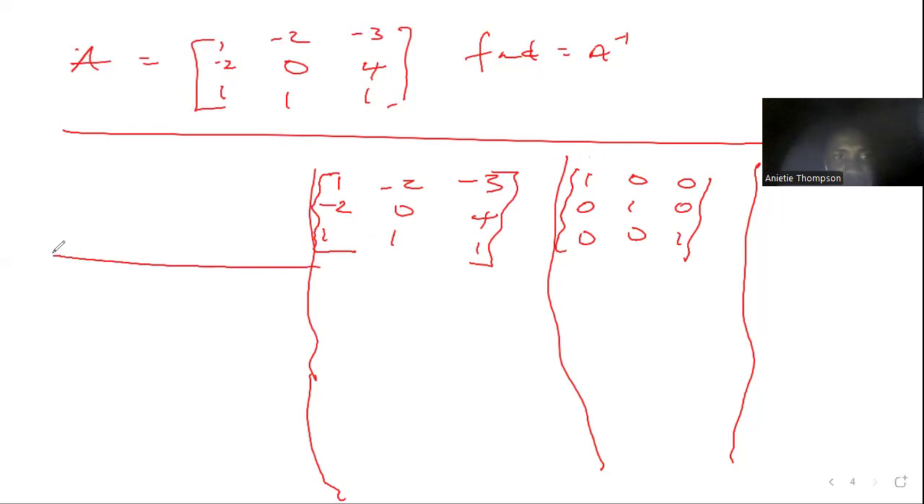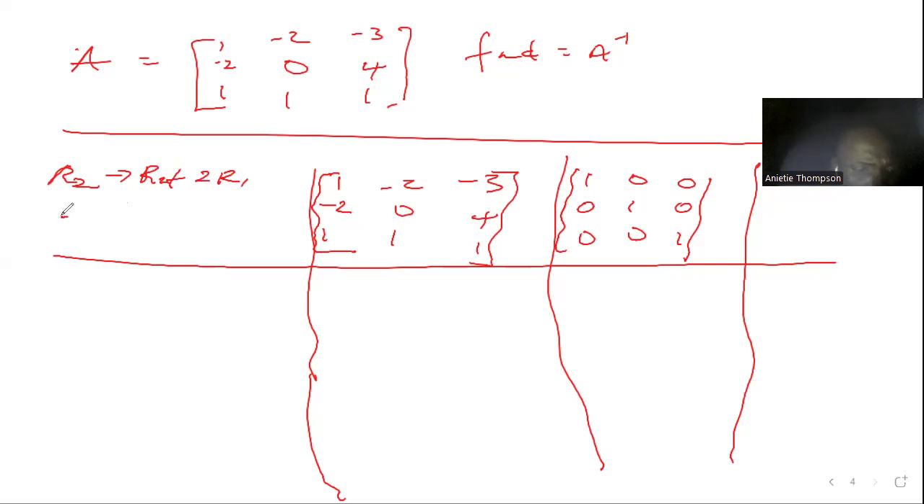So right now we're going to carry out operations. Row 2 equals row 2 plus 2 row 1. I'm also going to carry out the row operation on row 3, sorry, that is row 3 equals row 3 minus row 1. So by the time I do that, I have,